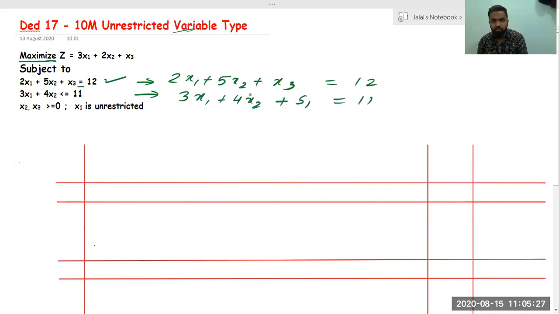But the problem is, if you look at this equation, this is having x1 x2 and this is having x1 x2, but x3 is not there in the second equation. There is no x3 in the second equation, so you don't have to add any artificial variable. This will act to initiate the basic feasible solution for you. You can start your first iteration.